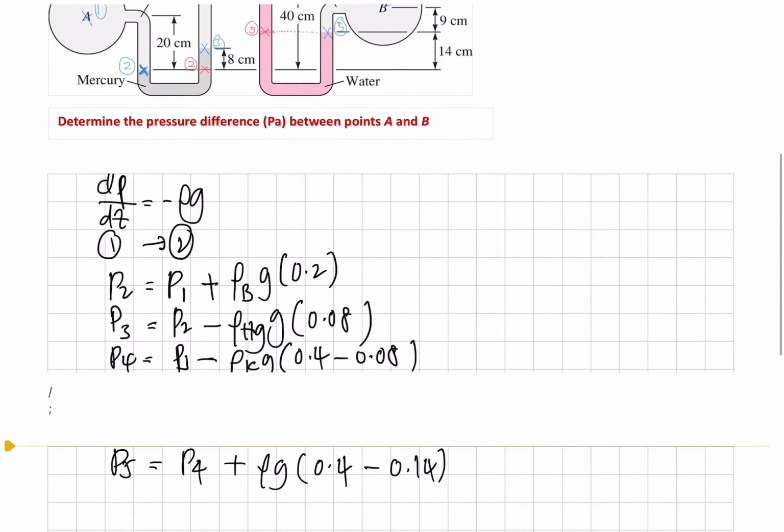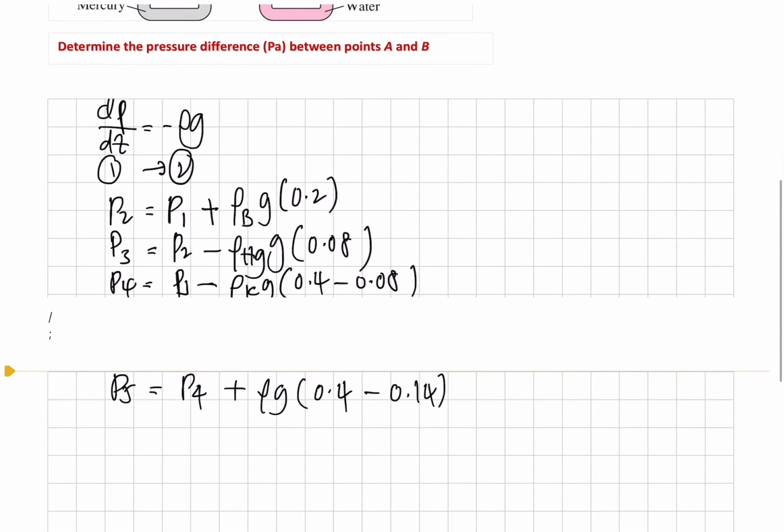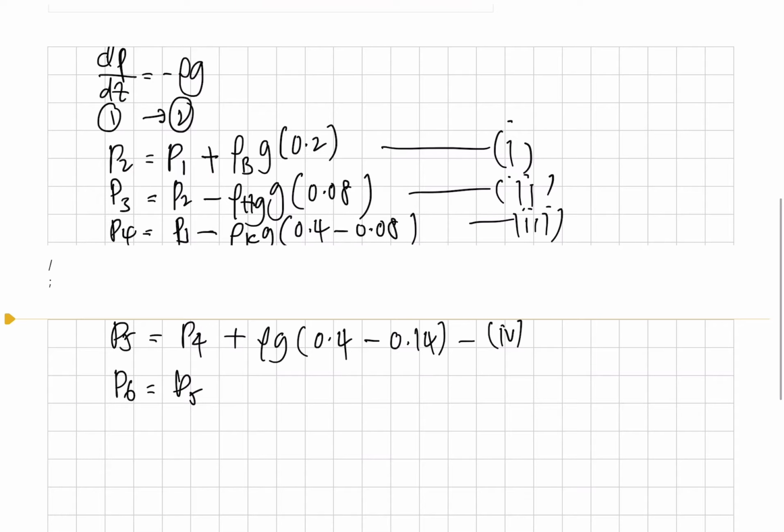All right, so when you have air in a confined place, the pressure is the same anywhere within that confined place. Okay, so in other words, we can say P6 is equal to P5. Okay, and now we have one equation, two equations, and we got 3 there, and finally we have 4 equations. All right, so we take 1, 2 and 3 and put all together into the fourth equation,